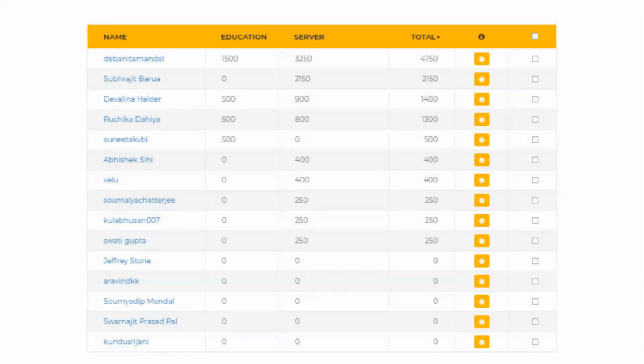Velu, Shomalo, Kulbhushan, Swati, Jeffrey, and Aravind, and Somadeep, Swaranjit Prasad Pal,